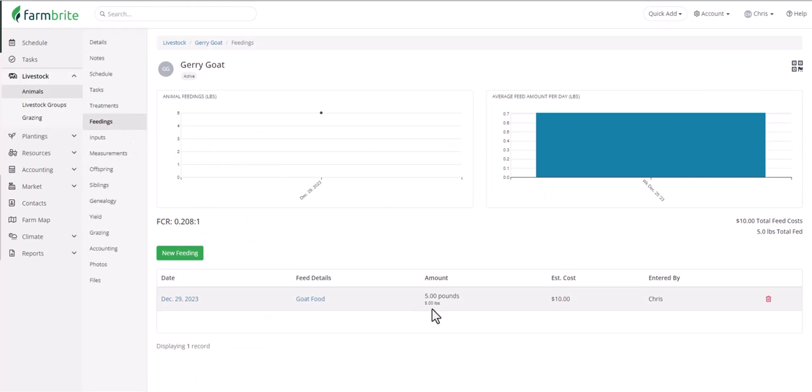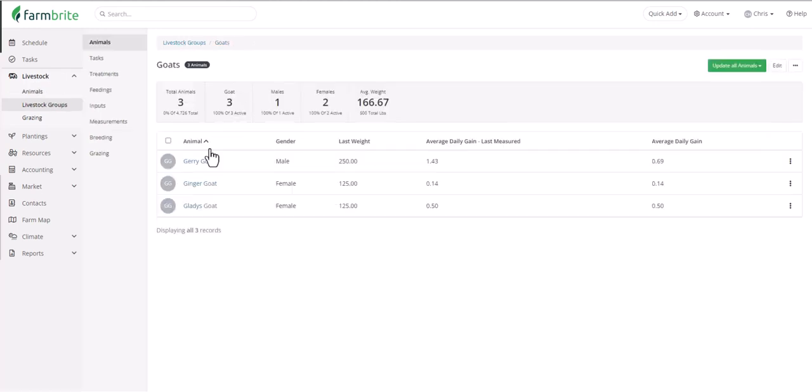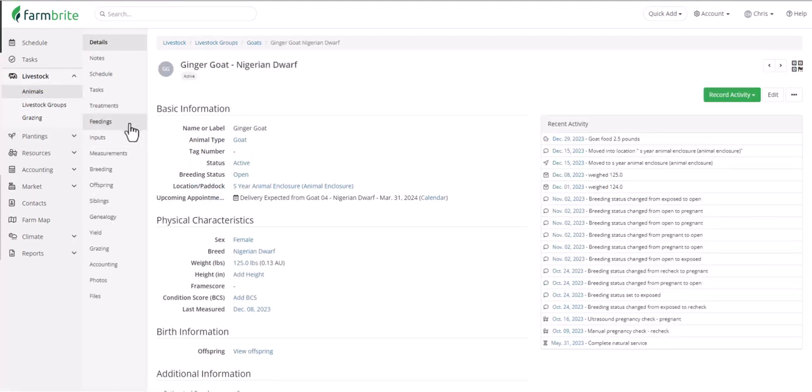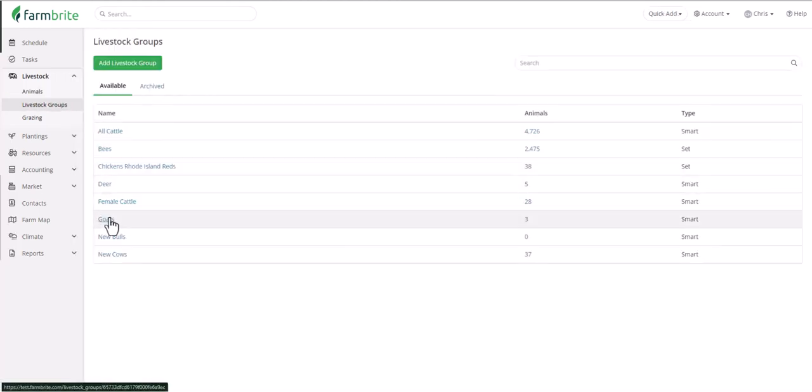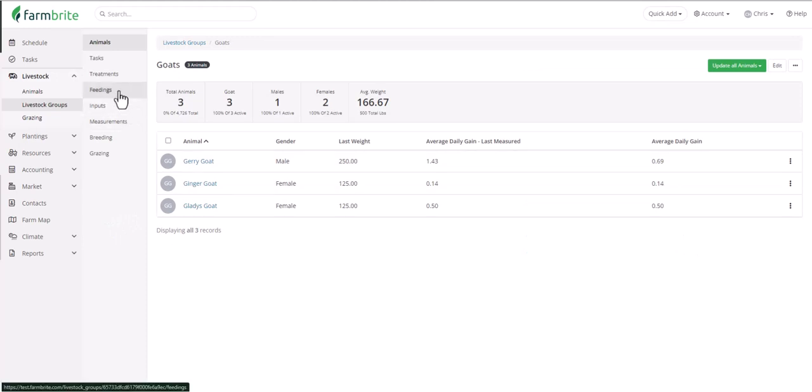since his 250 pounds made up 50% of the total group weight. And if we go back to the group and choose one of our smaller goats, we'll see 2.5 pounds of that feeding assigned to them. This new feature can help you account for the actual amount of food that an animal in a group may have eaten. And while we're talking about group feedings, we'll go back into that group, right back into feedings, and